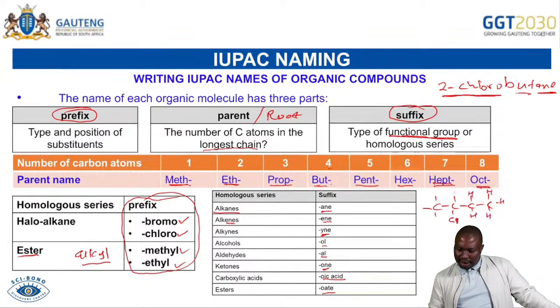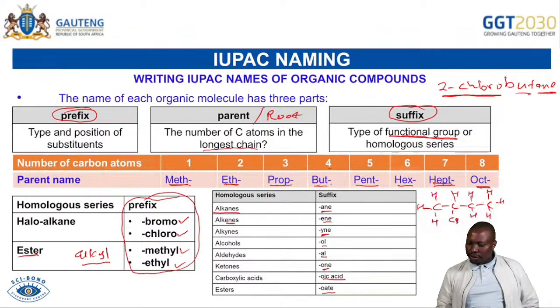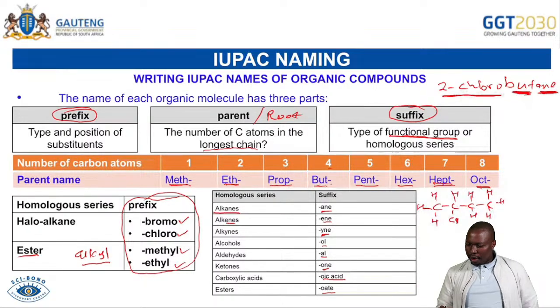So it means our structure will be written like this. It's a butane that has, in carbon number 2, a substitution of 1 hydrogen with a chloro. So you are able to see that this is 2-chlorobutane. So you can see this is the suffix. Where do we get it? Functional group. But how many carbons in the longest carbon chain? 4. 2-chloro.